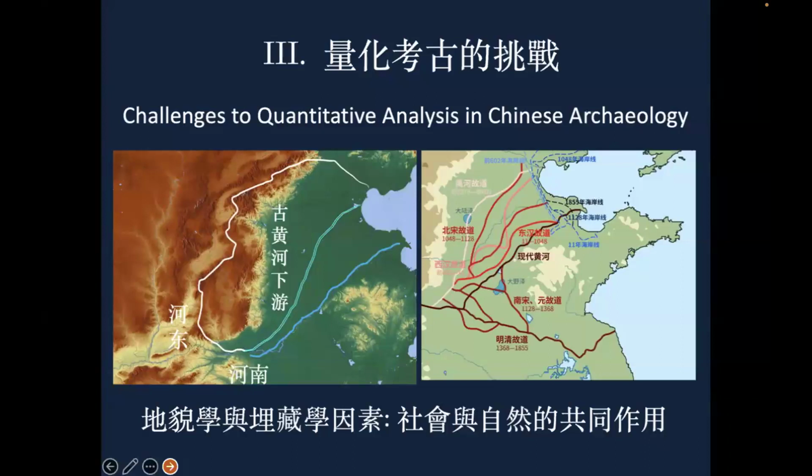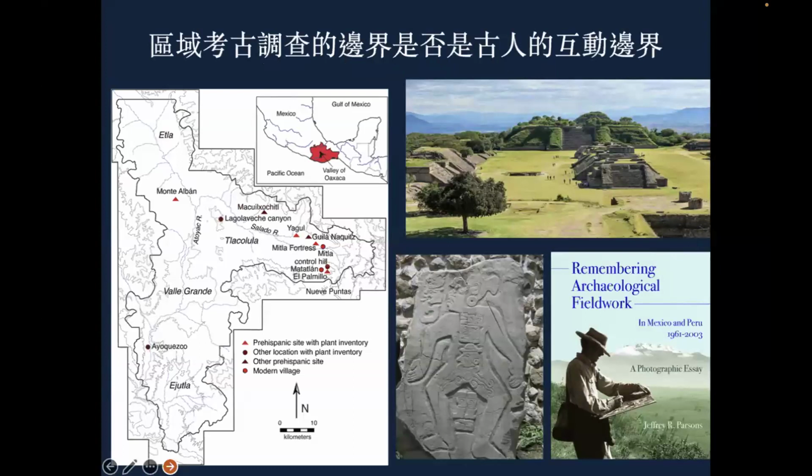And finally, in order to study these rises and falls, there are some challenges. One is geomorphology. That's the Yellow River became much more unstable in the historical period. Okay, that left very thick deposits in the eastern part of the Central Plains, which would cause our data to be highly biased. And when I asked my professor, Jeff Parsons, about this, because this regional survey came from the New World, Latin America, Mexico, and Peru,